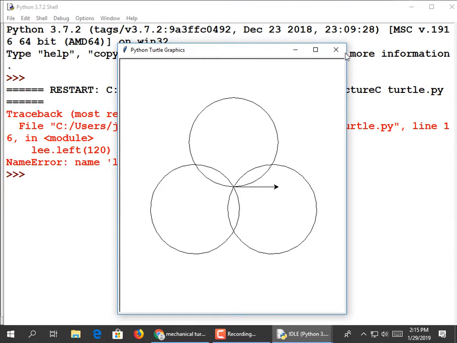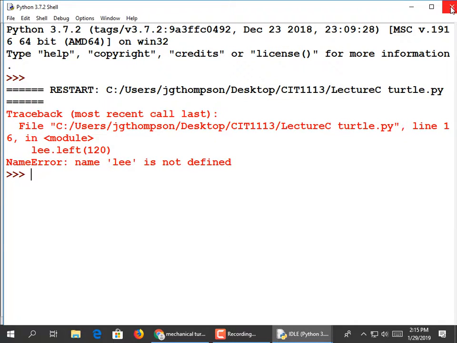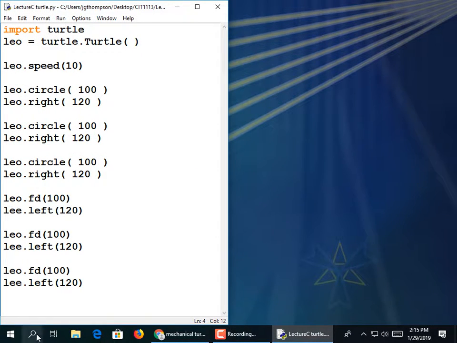And it blew up. What do you know? Lee is not defined. I guess I was talking to you. Leo. There we go. My mistake. A good example. Before you use a variable, it has to be declared. If you get a variable name typed in wrong,